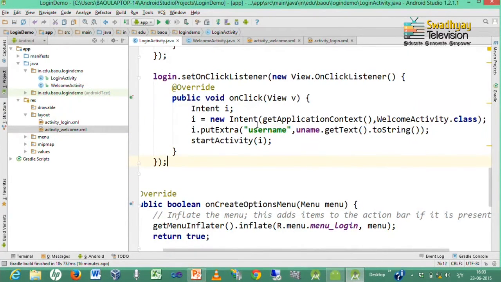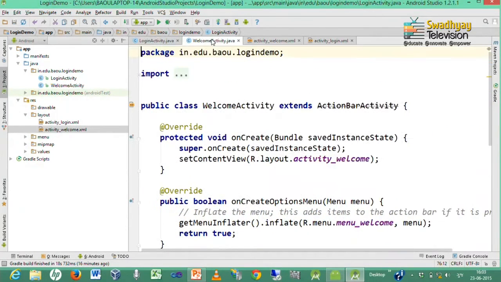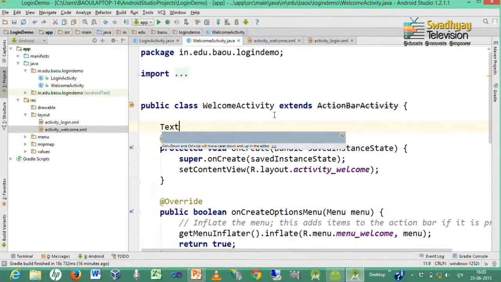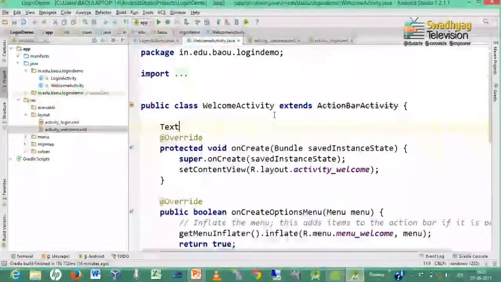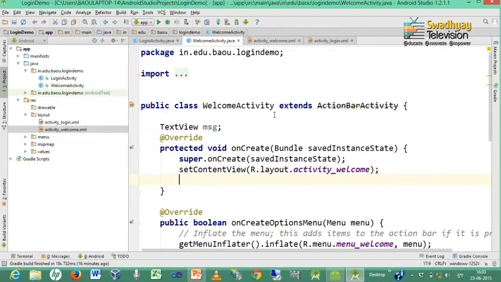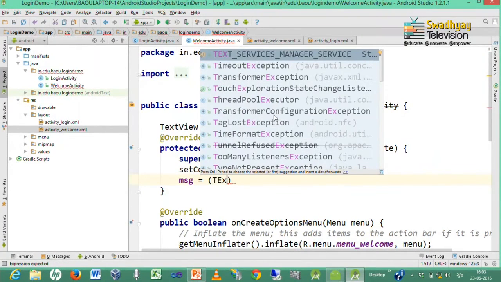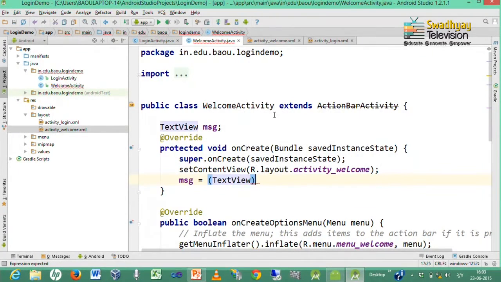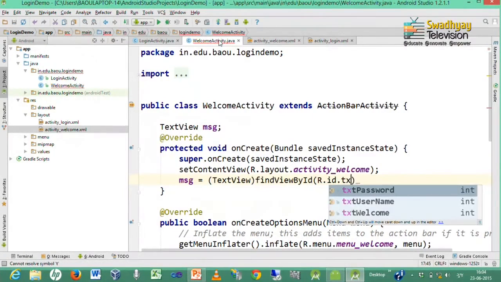So, it will start activity. Now, we have to fetch this data inside welcome activity. So, we go to welcome activity dot java file, and here we have one text view which is used to display welcome message. So, I declare one text view with name msg or message. So, message is nothing but text view that we find by ID. So, here we have to specify txt welcome,